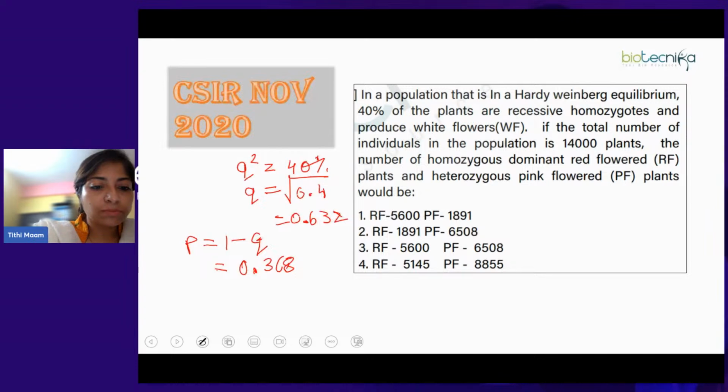Now what is asked, very straightforward question actually, is that if the total number of individuals in the population is 14,000 plants, you have to calculate the number of homozygous dominant red flowered plants and pink flowered plants. So now you have got p and q. So red flowers means it is homozygous dominant. So red flowers,